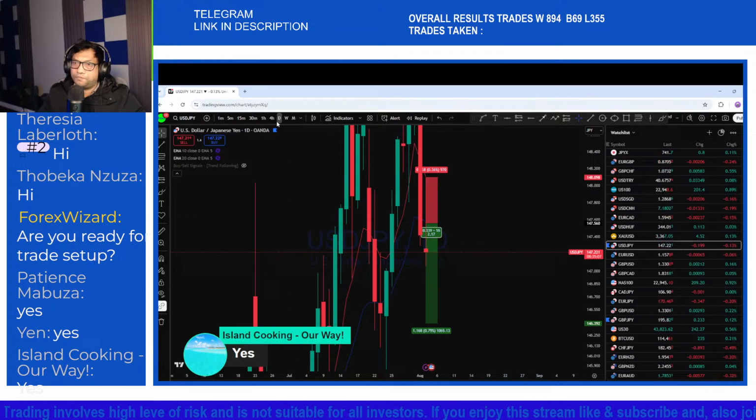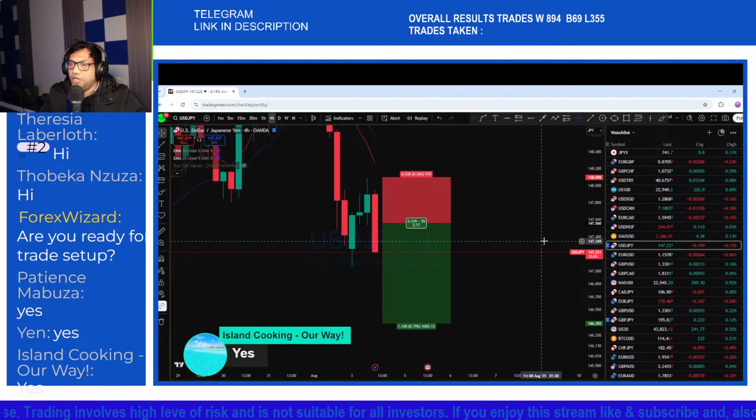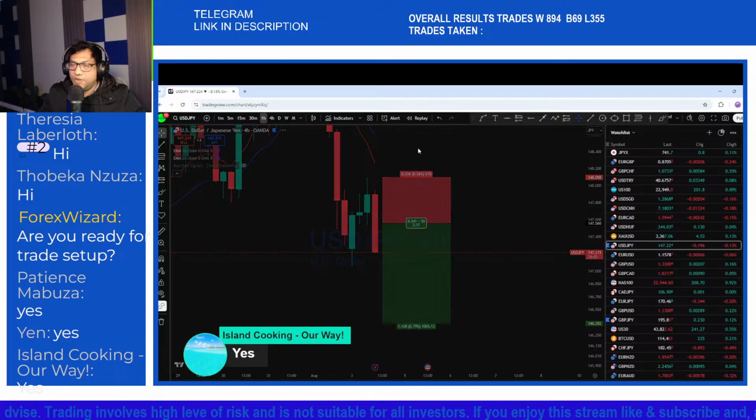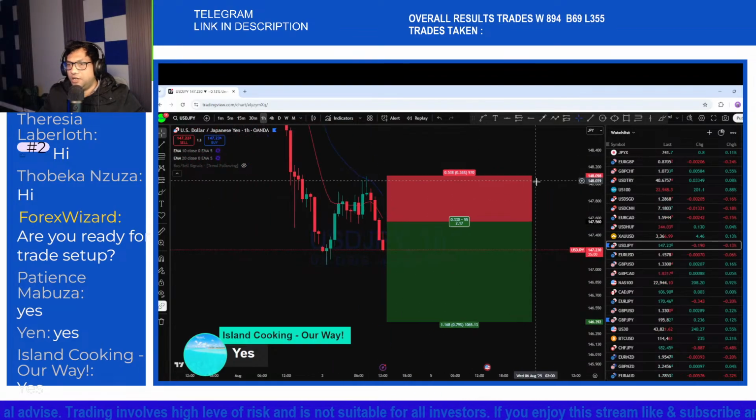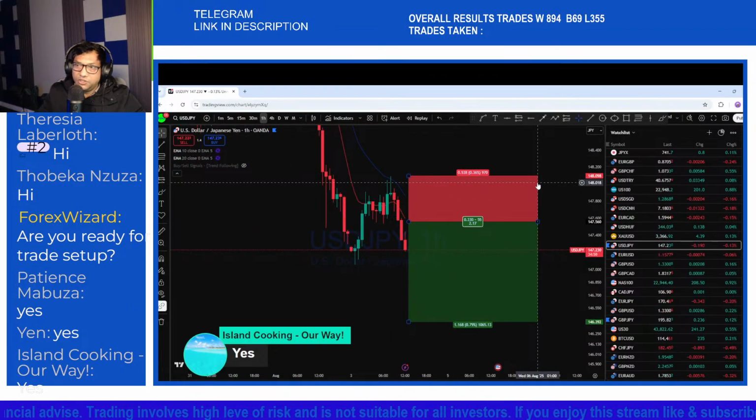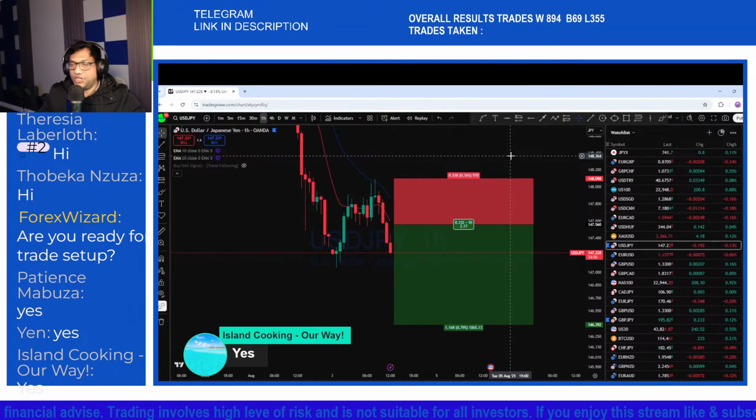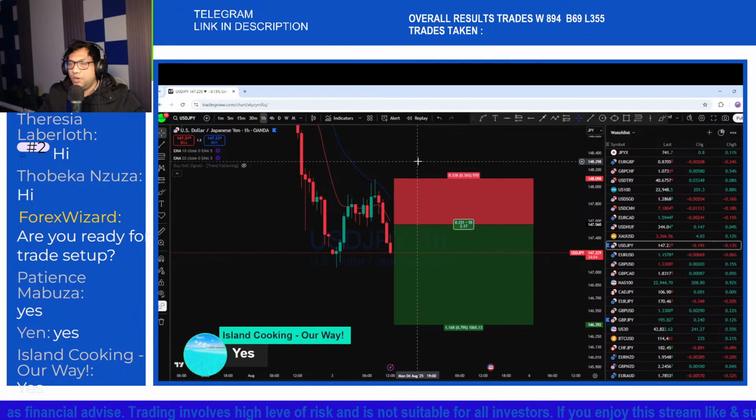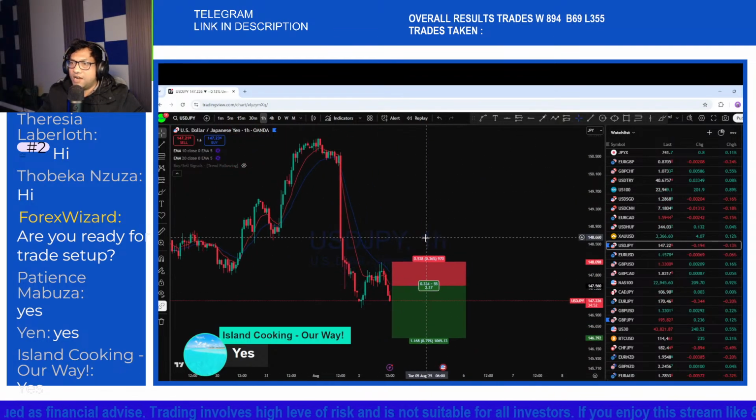Will this market potentially break below here? So on dollar yen, what is the reason behind the trade? Let's look at the 1 hour chart, and the trade is mainly opened based on the 1 hour price action here on dollar yen. Now, what was the market structure on dollar yen?